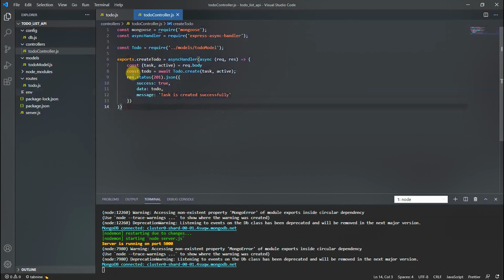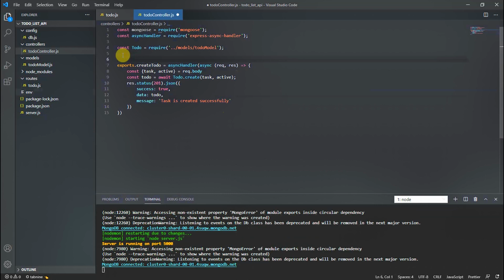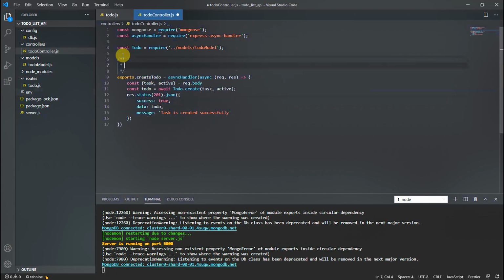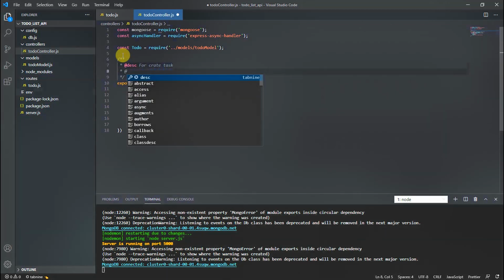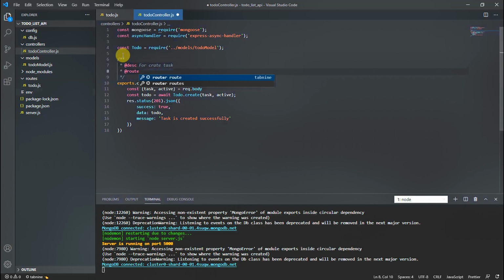So the first is done. I'm giving some description, like for create tasks, and that route is API task.